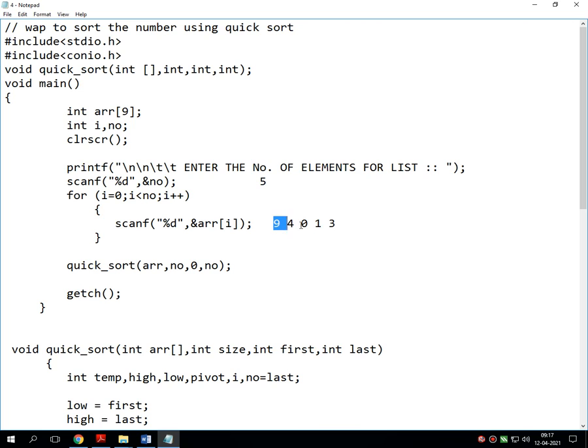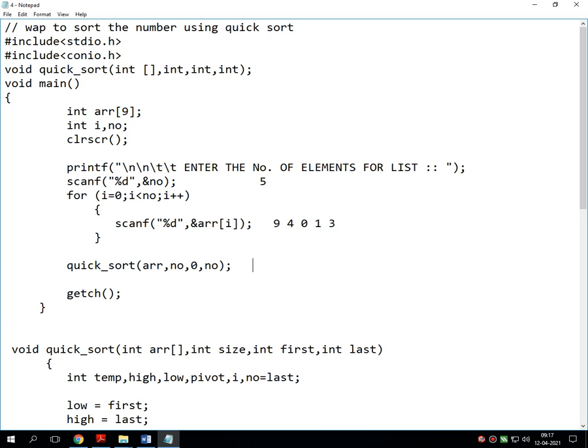How many values are there? 5. Fine. So the location of 9 is array of 0. Location of 4 is array of 1. 0 is stored in array of 2. In array of 3 it stores 1, and in array of 4 it stores 3. All these are unsorted values.